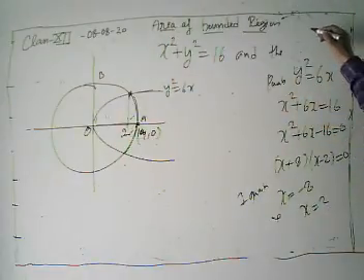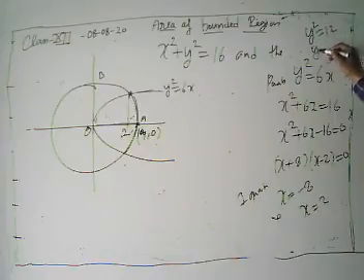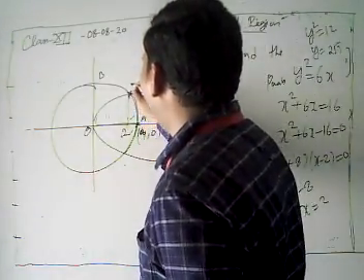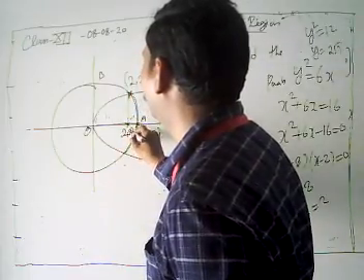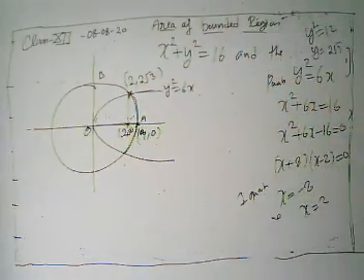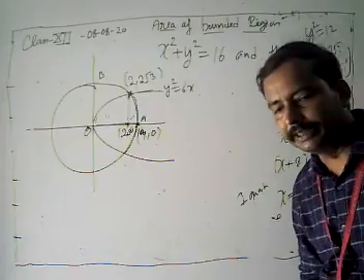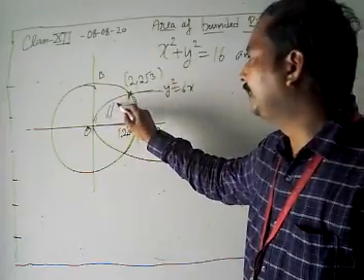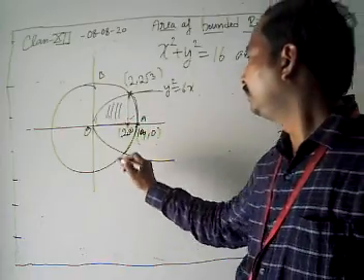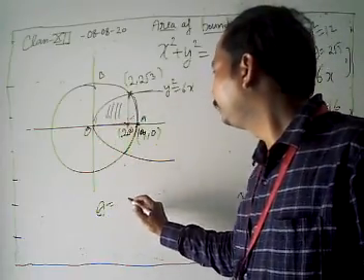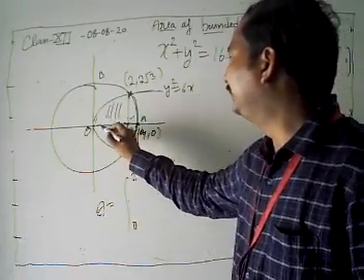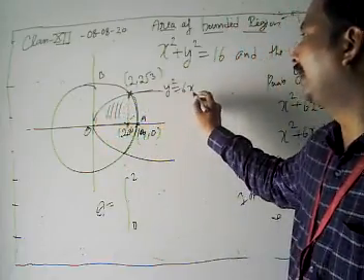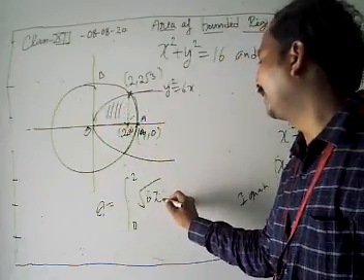For x equal to 2, our y square is 12, then the value of y is 2 root 3. Then this is our intersection point (2, 2 root 3). And this is the point (2, 0). Now I'm just going to explain how we can find the area. First find this area between the limits 0 to 2. Look, this portion is met by our curve y equal to under root 6x, dx.